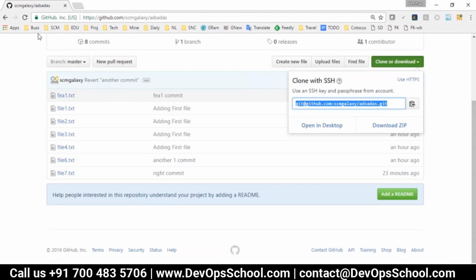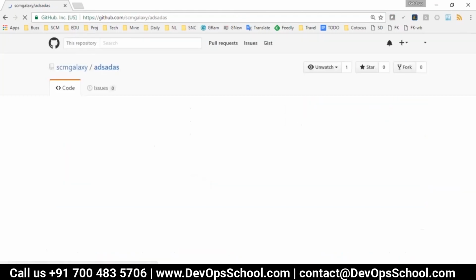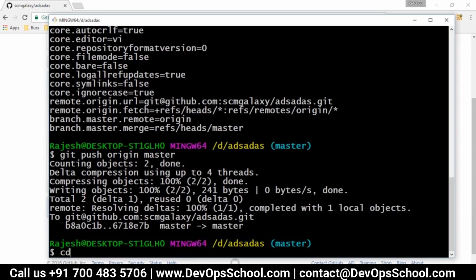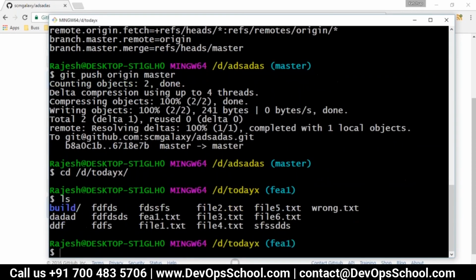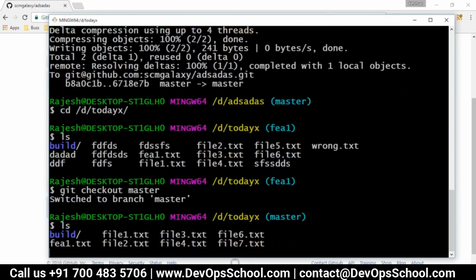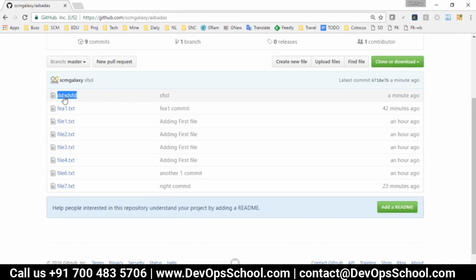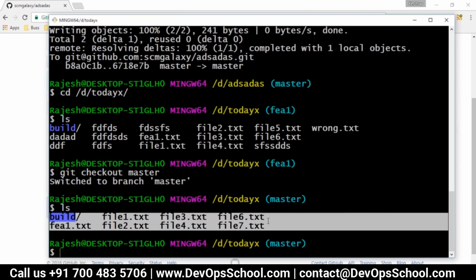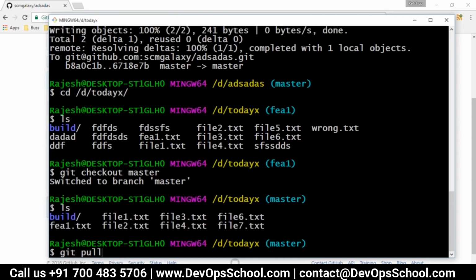Now I just did it, refresh it, and I got a few extra files which are here. Great. Now I'm going to act like another guy, which is the today_x, and I have no files actually. If we do checkout master, I'm working in the V1 branch. So if I checkout master, you should be having the file dd.adsd.ffd. So this file is not there. So what do you do? You pull it. So you pull it, origin